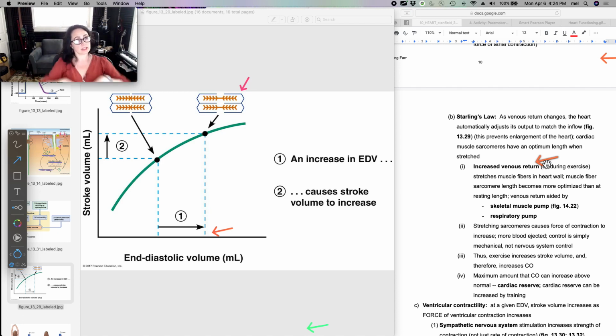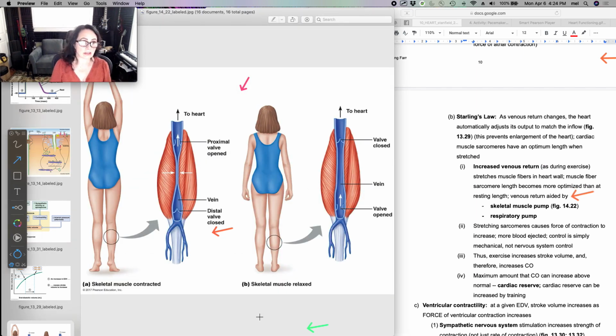What causes the blood to return really well, like during exercise, which will cause the heart to be really full, is a couple of things. Venous return is aided by what we call the skeletal muscle pump. So when you are using your muscles, they push on your veins, right? And since many of your veins, especially in your appendages, have one-way valves in them, what that is going to